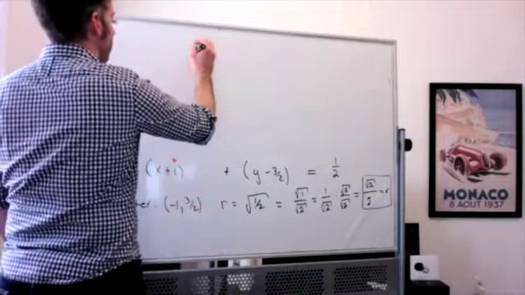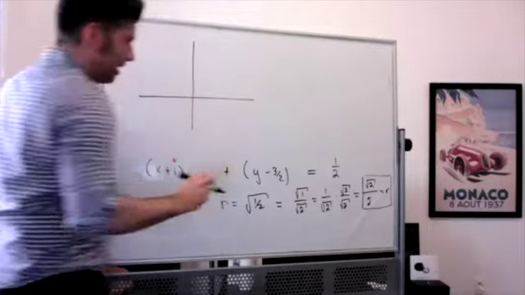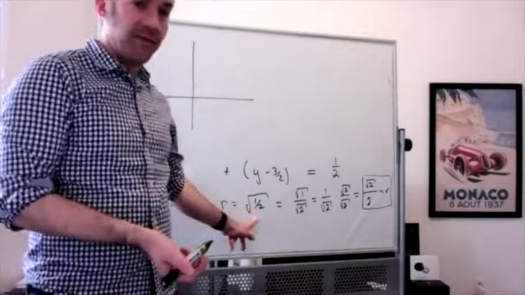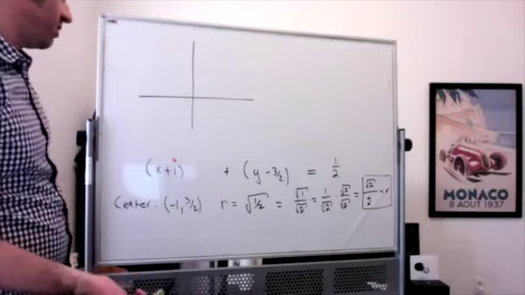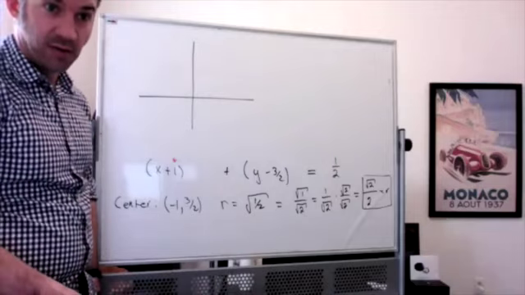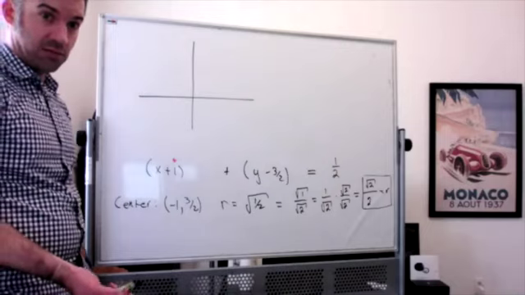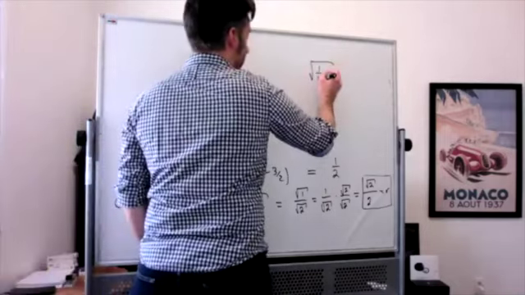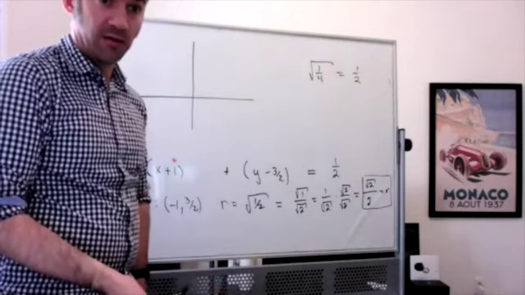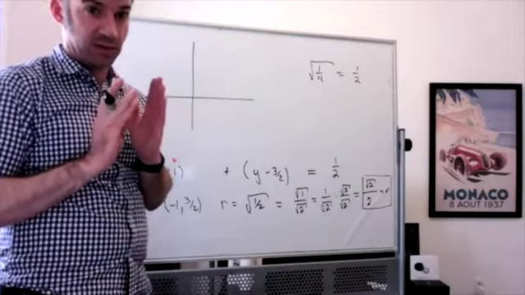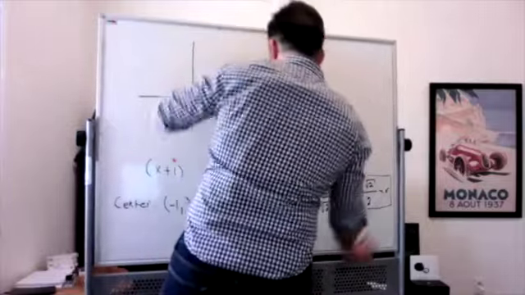So here's what I know. I know that the square root of 1/2 is definitely less than 1, right? It's actually bigger than 1/2. If you take the square root of a number that is between 0 and 1, it actually gets bigger. What's the square root of 1/4? It's 1 over 2. And 1 over 2 is definitely bigger than 1 over 4. So square roots of small numbers between 0 and 1 actually get larger, not smaller. So I know that the square root of 1/2